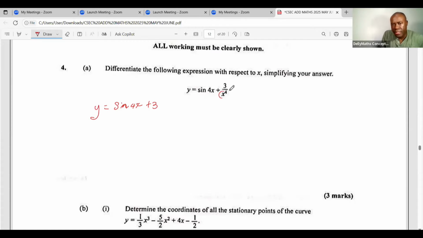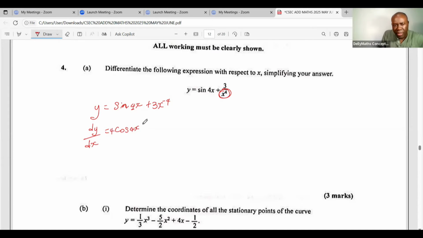And I'm going to take this x to the fourth as a denominator. I'm going to represent it as times x to the minus 4. So I'm going to put it in a power form so I'm able to go ahead that way. So we're going to do dy dx. So dy dx, what's the differential of a sine? That's going to be cosine, right? So we're talking about sine, we're going to get cos 4x and